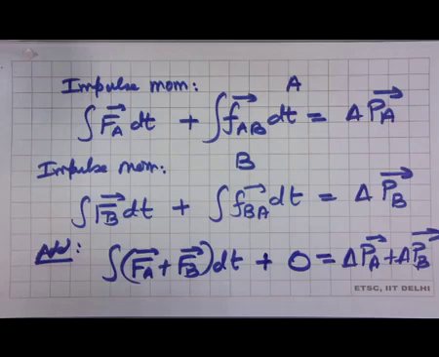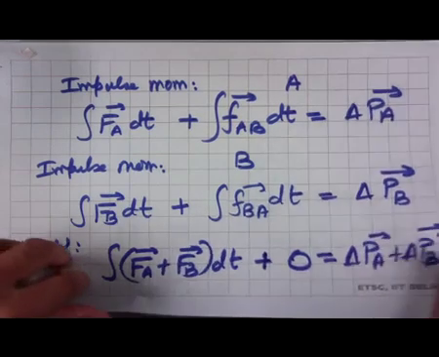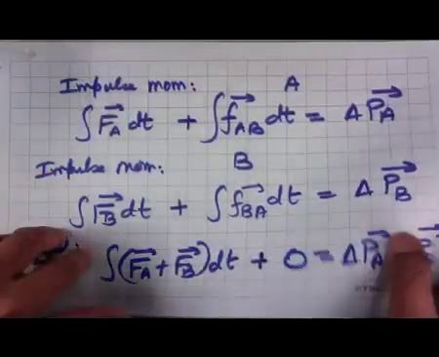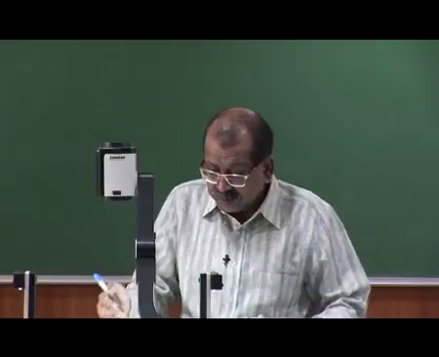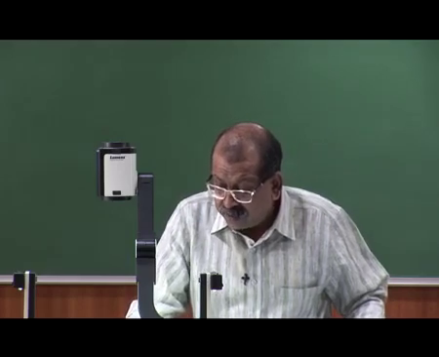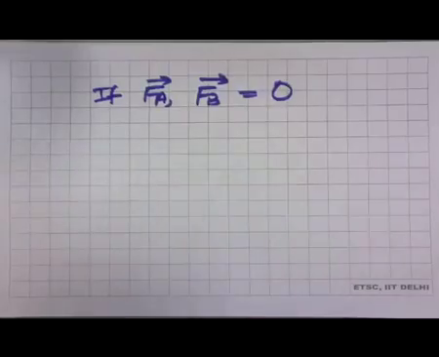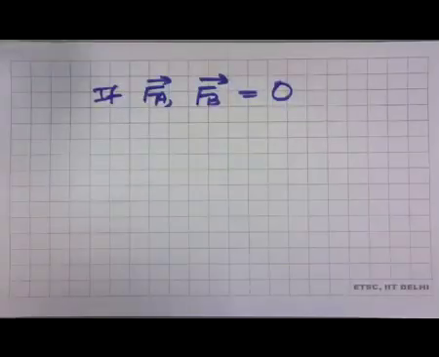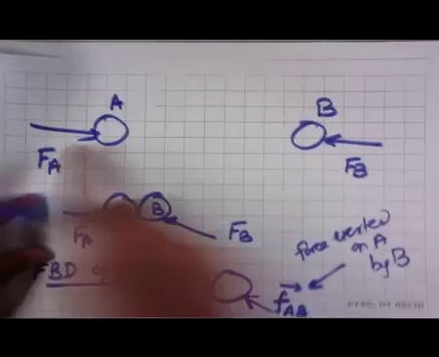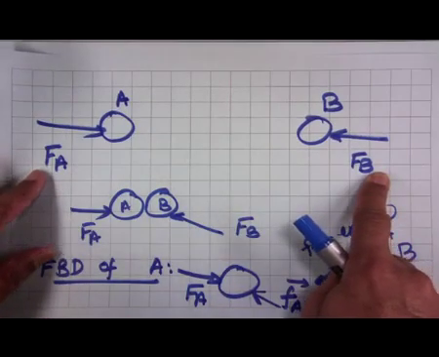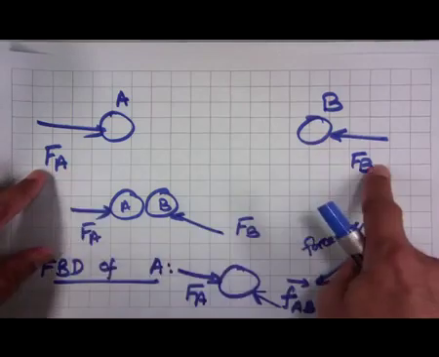So this is the total impulse momentum principle applied to each particle and added up. If F_A and F_B both are equal to 0, this is what we said in the law of conservation of momentum, that the external forces to the system, now we have particle A and B, are F_A and F_B. These could be because of any external things. If this is equal to 0, then